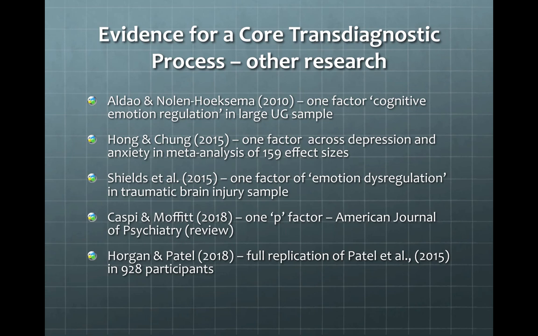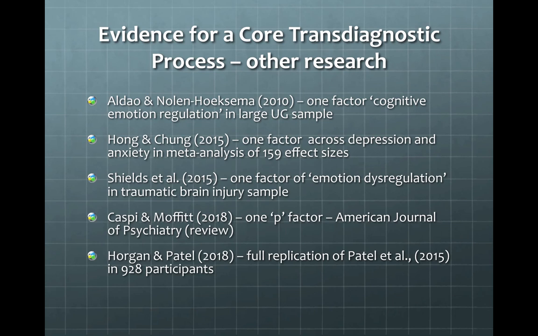I won't go over each of them in detail, but they range from meta-analyses of many studies of emotion regulation, student studies, brain injury studies, studies that have been focused mainly on symptoms rather than processes, and at the bottom there's a replication of Trishna's study in a larger sample, actually at risk of suicide. So regardless of these slightly different ways that people are recruited, very different groups are continually converging on a single factor,